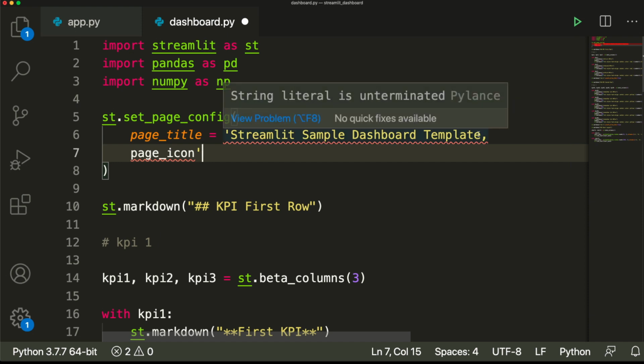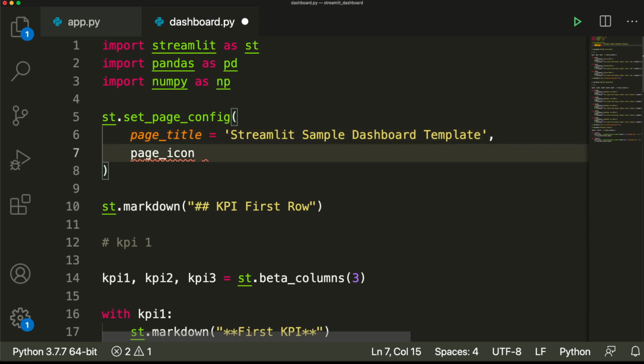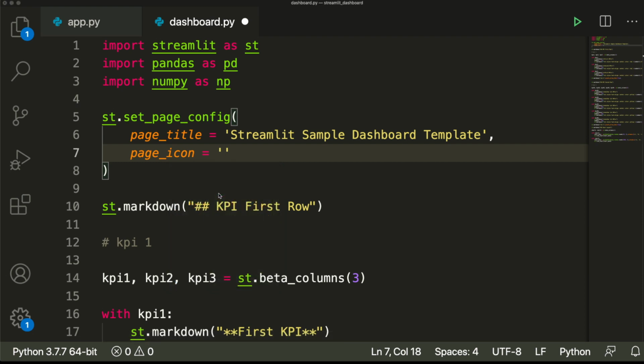Okay, I should have probably closed the codes here. Page icon is equal to the icon that we want. In this case, I'm going to just put a chart or any emoticon. So you can either give an image or you can give a text. So I'm going to say something like this maybe,